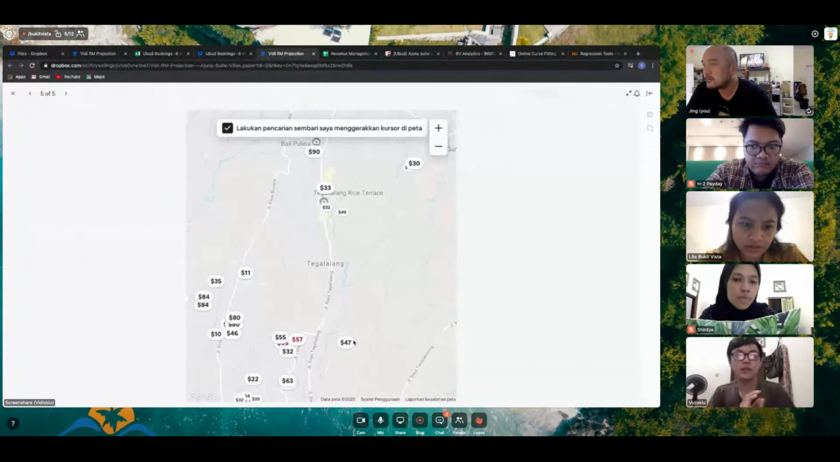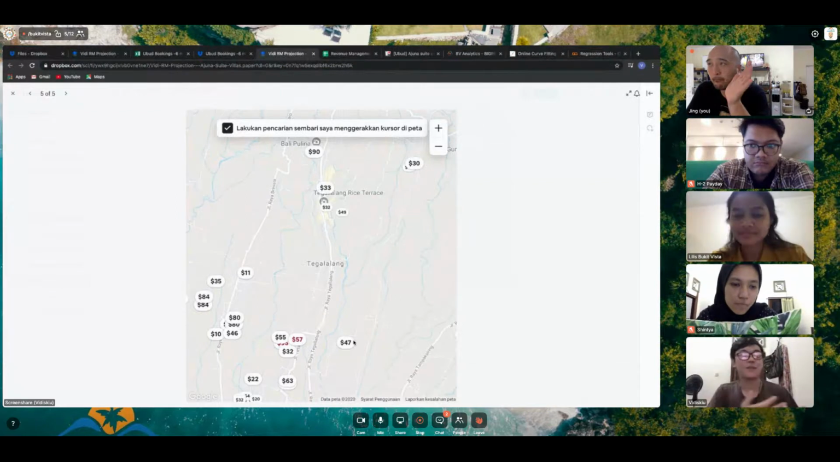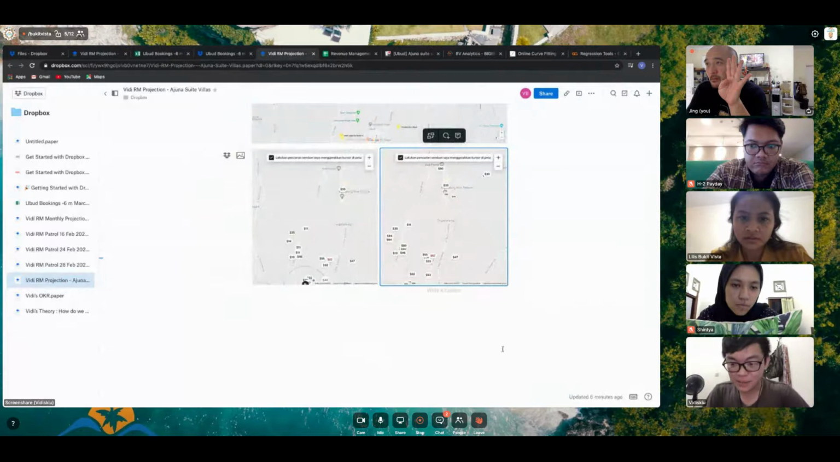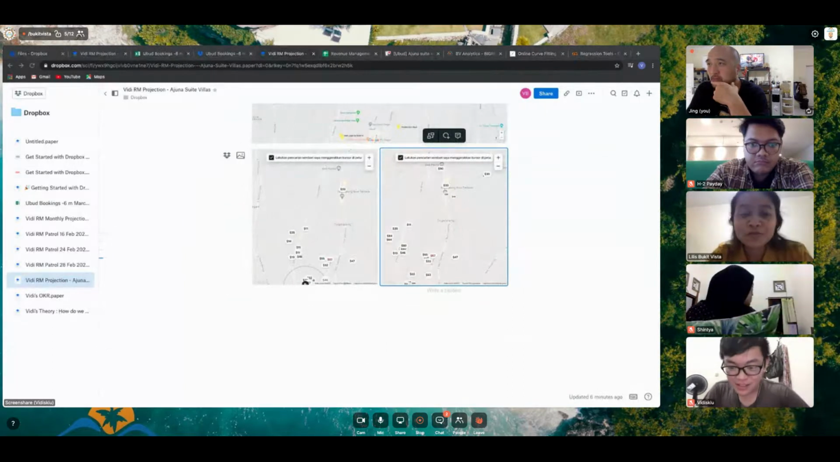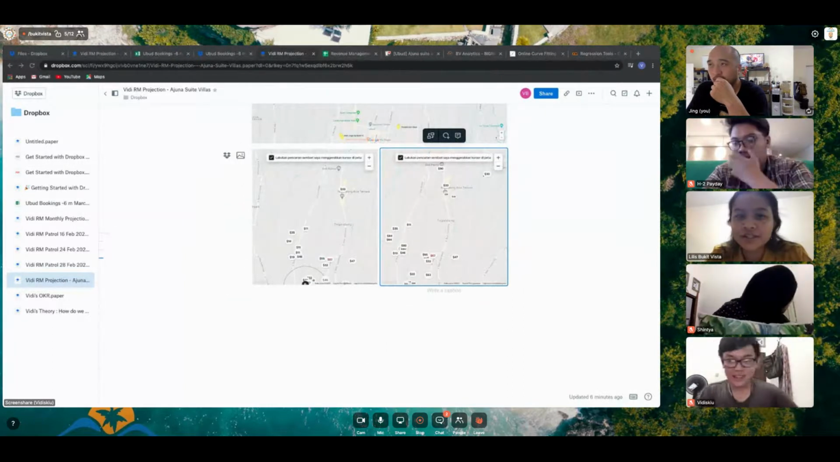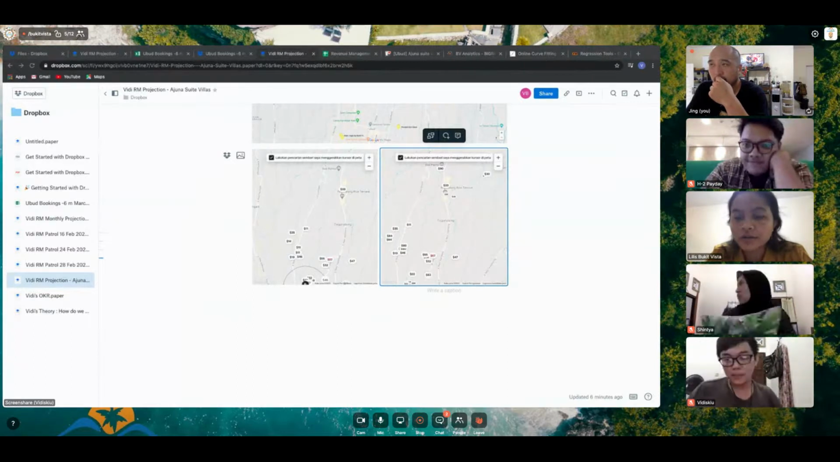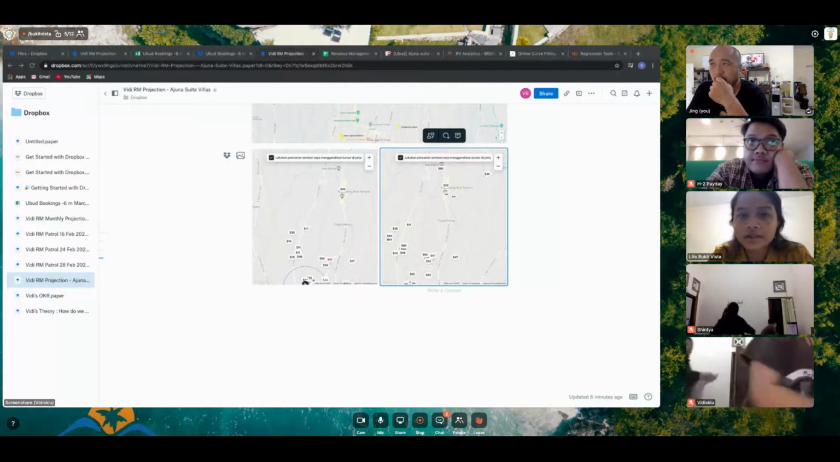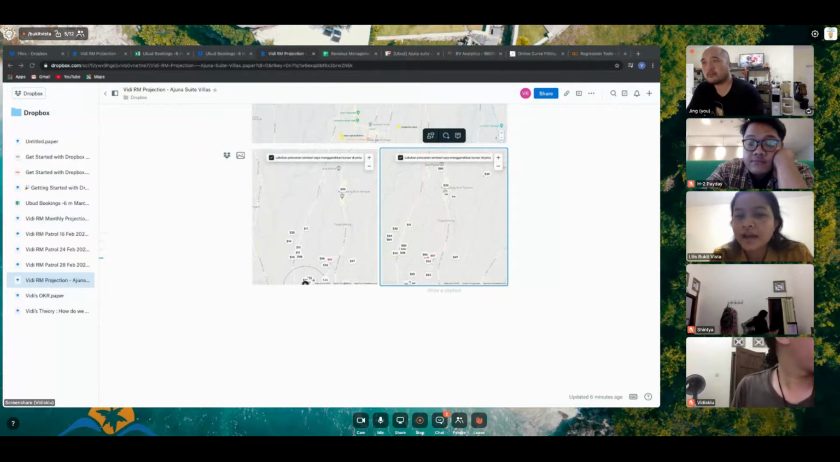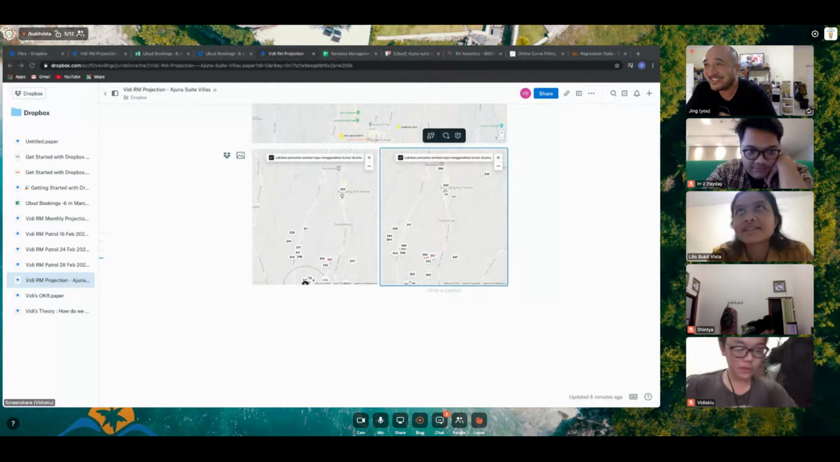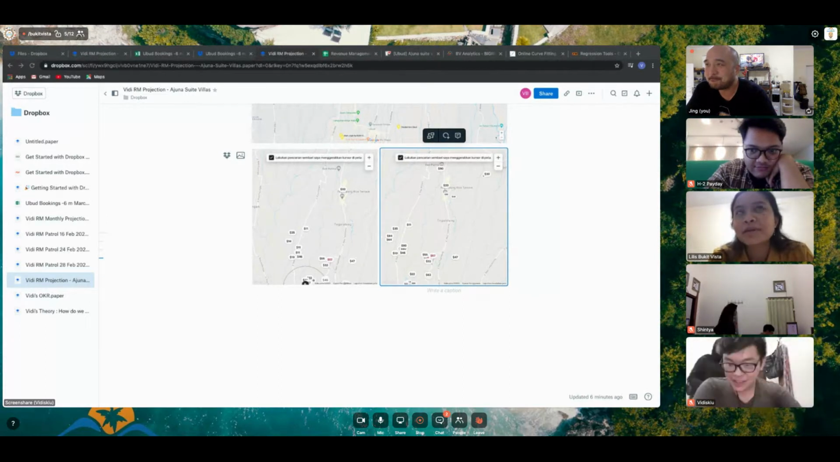But maybe I'm wrong. I have not used Airbnb a lot, so maybe there's a mistake. Actually, that's also my problem when I search around Tegalalang, because this place is in Tegalalang, right? When I search Tegalalang, I find a different screen from your screen. So maybe we need to make sure how we can find